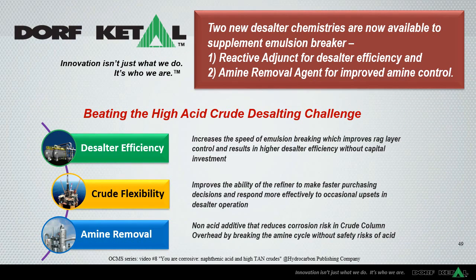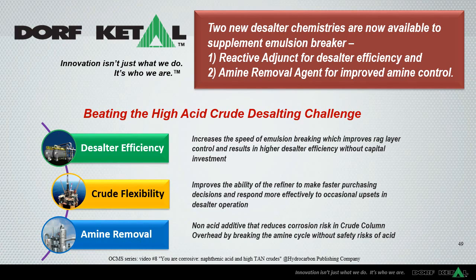High-TAN crudes contain a higher level of contaminants and have an increased complexity of contaminant removal, which may decrease desalter efficiency, resulting in decreased throughput, increased water treatment costs, and may also increase the rate of fouling. Dorf Ketal has invented a new category of adjunct desalter chemistry called reactive adjunct chemistry that offers step-change improvements in desalting performance. This new technology offers a low-cost way of expanding desalting capacity and increasing contaminant removal for desalting